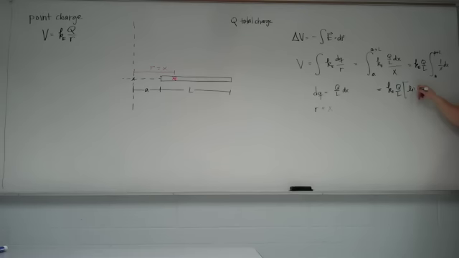So the natural log, plugging in the top limit first, minus plugging in the lower limit. Natural log of anything minus the natural log of anything else is that first quantity over the second quantity. So that would be our potential